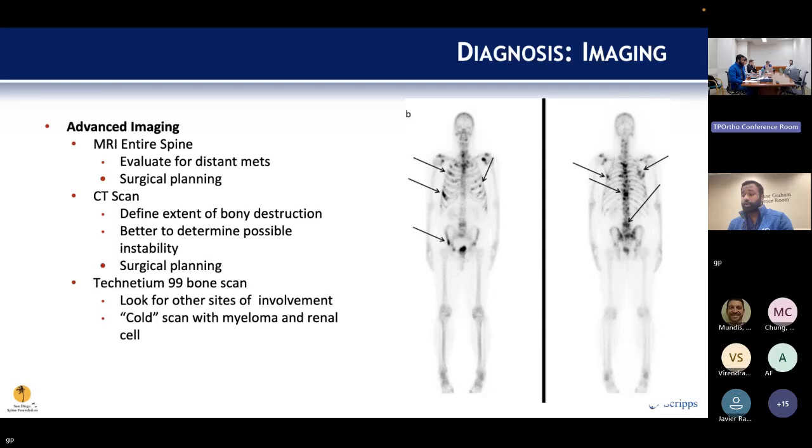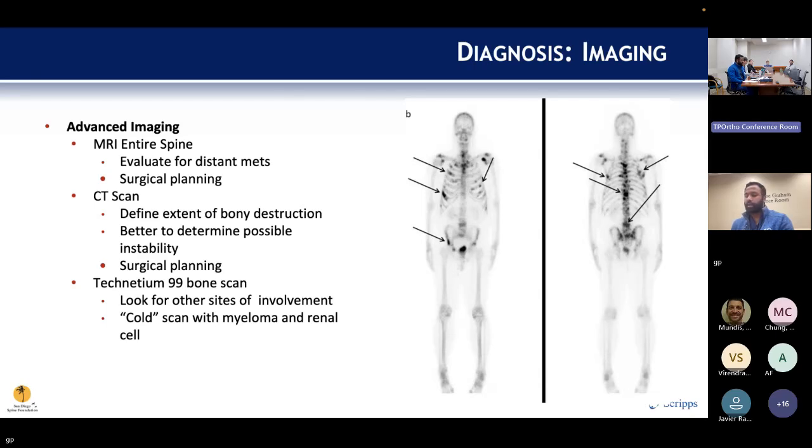Of course, it's also useful to show neurologic compromise of the spine, and some findings that you may see are soft tissue mass, increased signal on T2 images, cord compression, cortical permeation, and importantly, it's 98% sensitive and specific. So it can show us a lot with good sensitivity and specificity. CT scan is also usually done to define the extent of bony destruction and perhaps help with some instability findings. The sensitivity is a bit lower at 66%, and the specificity is 99%.